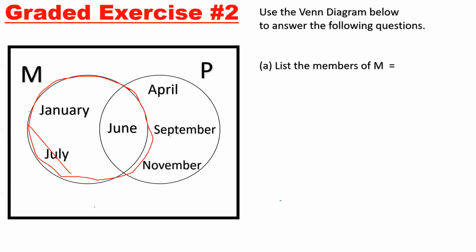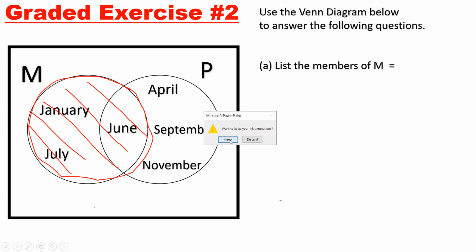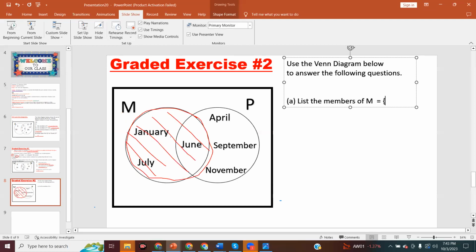Okay, so here, for this one, we want January, July, and June. So we want all of M. And so yes, we're going to put January. And please do not put these in all capital letters. January, June, and July. Okay. How many persons got that correct? Let me know. Very good. And B. So the first one, a lot of you got right. That's good. The second one,